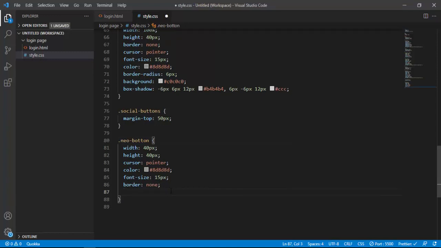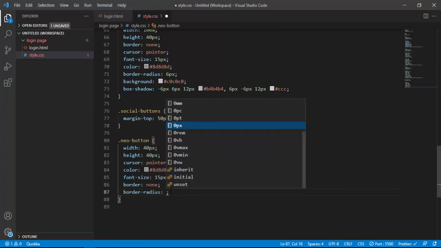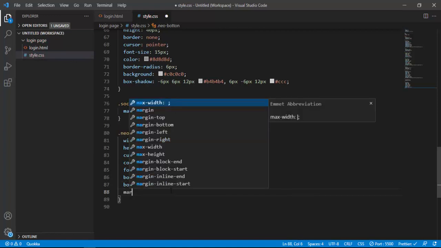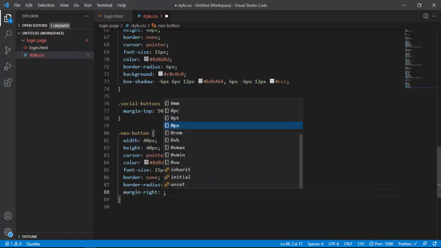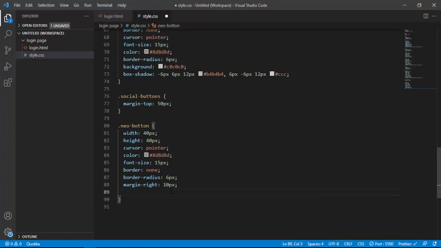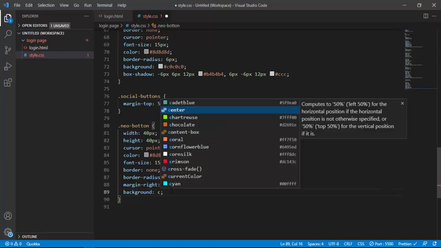We want to set its border radius to 6 pixel, and margin from the right, it's going to be 10 pixel, and its background color again, it's going to be hash